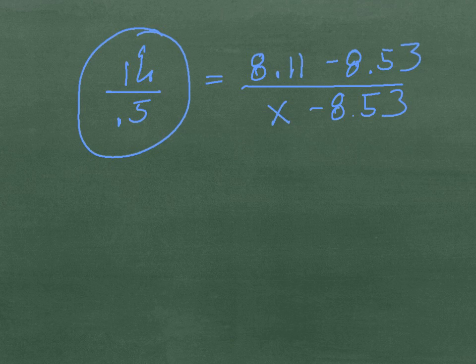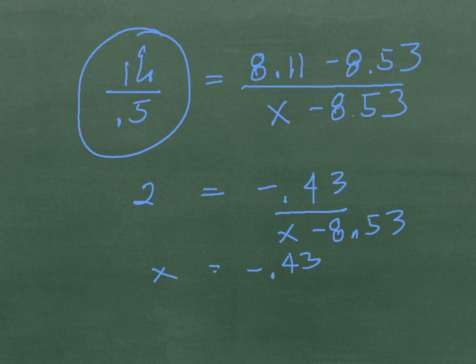So therefore that left side is equivalent to 2, which is equal to 8.11 minus 8.53, or minus 0.43, divided by x minus 8.53. Then solving for x, x is equal to minus 0.43 divided by 2